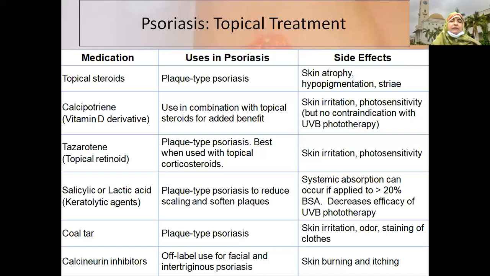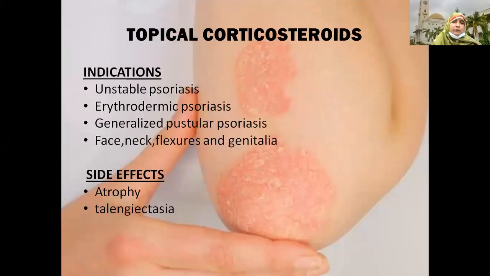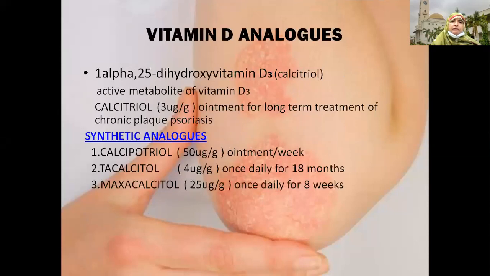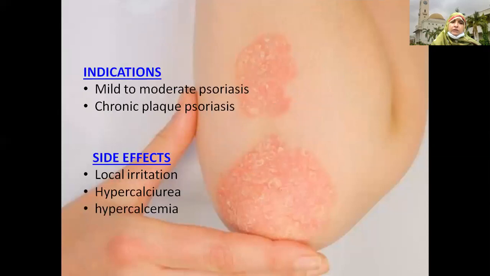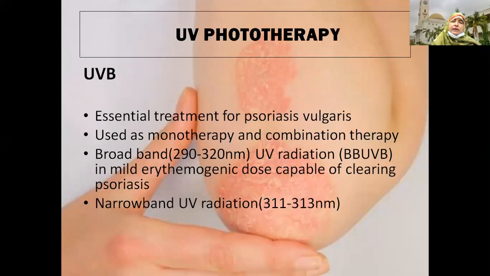And yes, we can even have combinations like vitamin D derivatives in combination with steroid, or even simple steroids diluted with plain Vaseline. Older therapies were tar, then topical corticosteroids, as I discussed, in different forms, vitamin D analogs, and vitamin A derivatives like tazarotene. Then another modality of treatment is phototherapy,